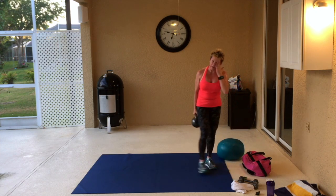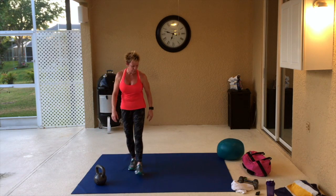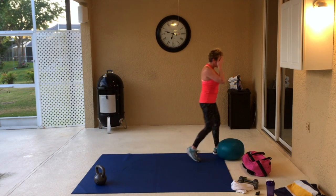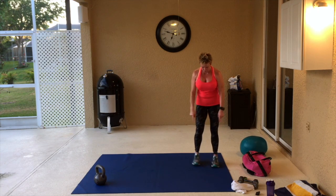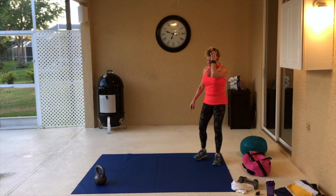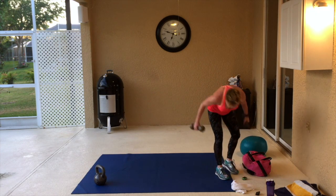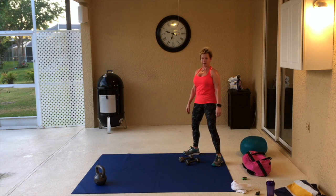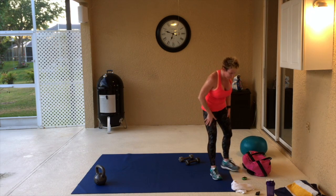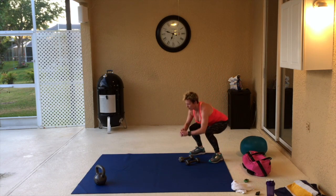Now, it's okay if you don't have a kettlebell and you have a dumbbell, or if you're not using anything at all, it's okay. Maybe you have booty bands or bands that go around your ankles. You can use them. You don't have to. I'm going to put the dumbbells back here. You're going to want the dumbbells to be right there. And you're going to duck walk back to these. Okay? So when I hit the timer, everybody ready? I'm ready. Right? Okay, we're going to go